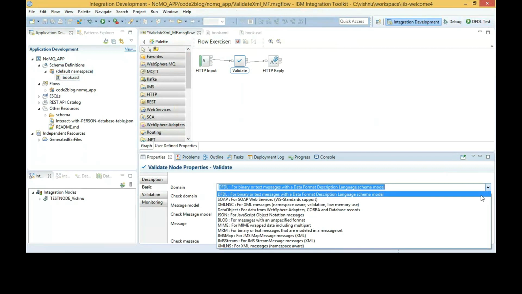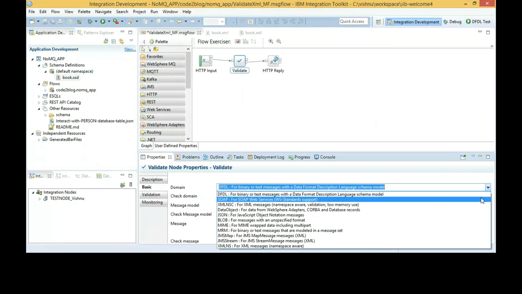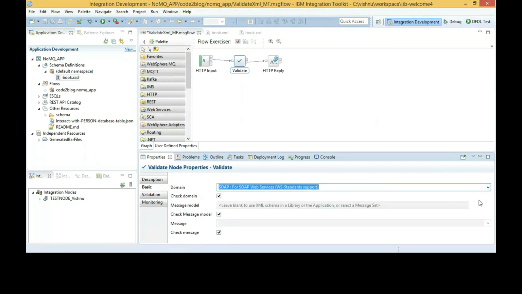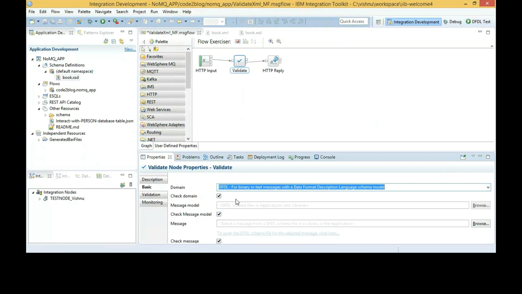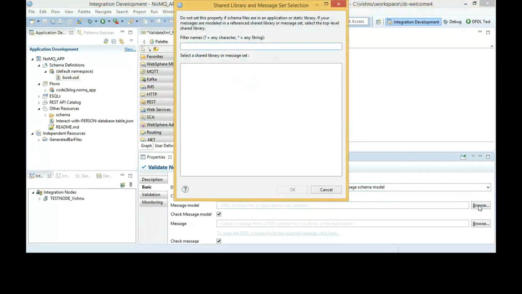The properties on validate node are domain, message model, message. So you cannot set book.xsd on message model property or message property.